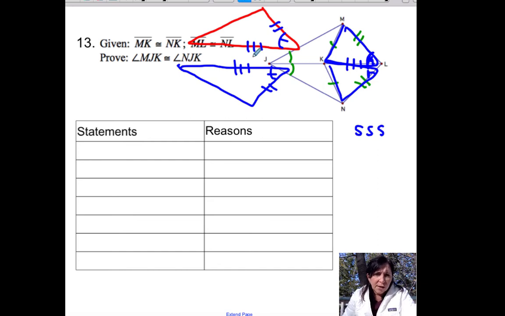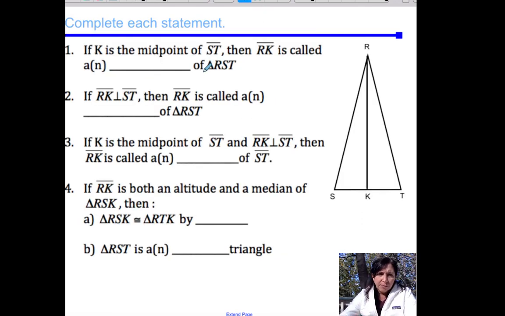by side angle side. And if the two triangles are congruent by side angle side, then I can say this part of the triangle is congruent to that part of the triangle. Okay, so I would pause the video and write all that out, make sure that you can write that out, and then move forward to make sure that you have that correct. We already did this in a previous slide, so it would behoove you to go back to the previous video to